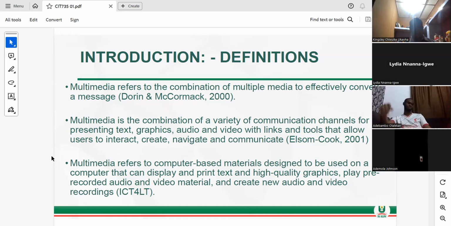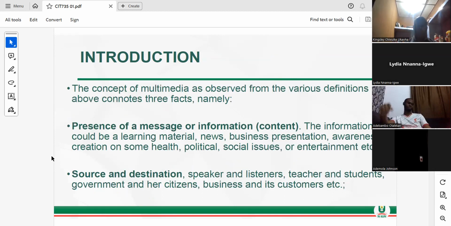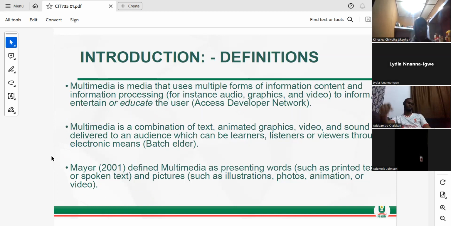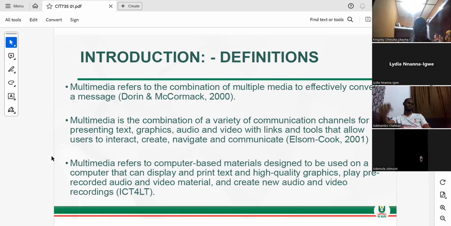ICT for LT, I think ICT for Learning Technology, defines multimedia as computer-based materials designed to be used on a computer that can display and print text and high-quality graphics, play pre-recorded audio and video material, and create new audio and video recording. If you look at all these several definitions we have given, 3, 4, 5, 6, 7, 8, each definition